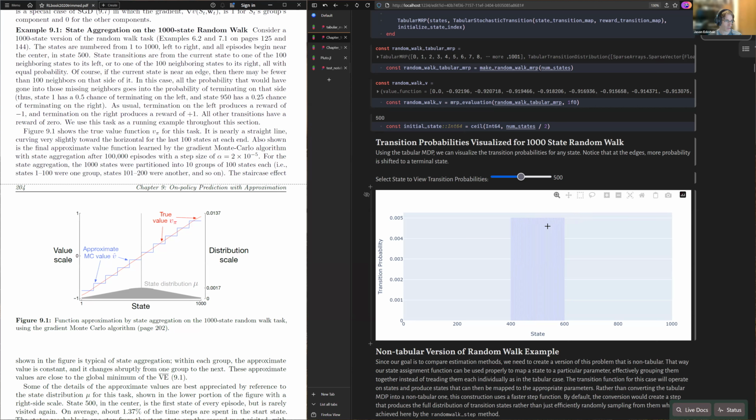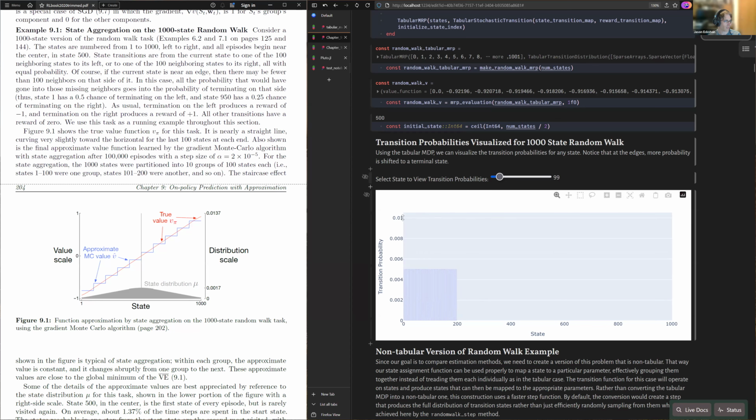So these bars are sort of showing the probabilities of ending up in all the transition states from being in this state. So here, as I move this around, this is going to show the state transitions moving. And the only complicated part of this is when we get close to the edge. Normally you have the full range of states to the right and left. But as this moves closer to the edge,